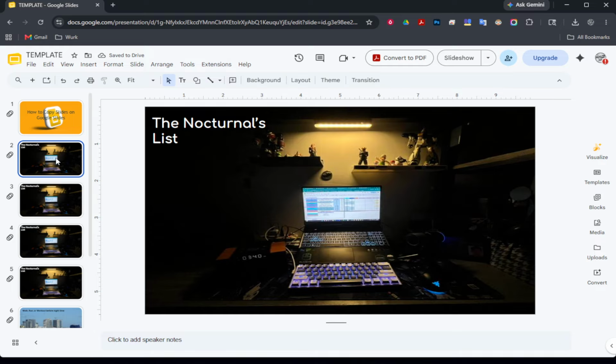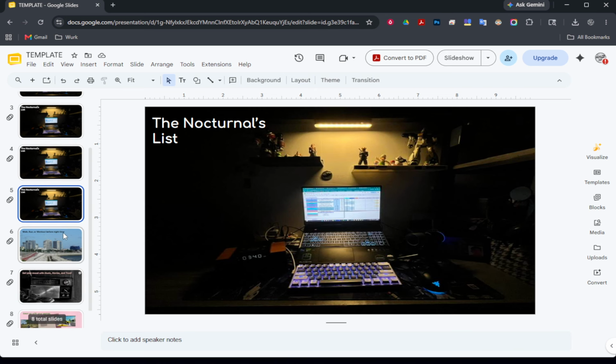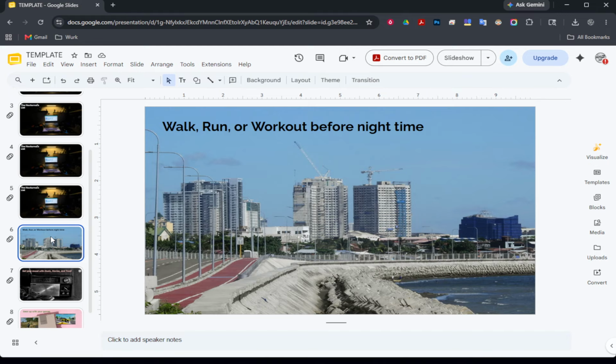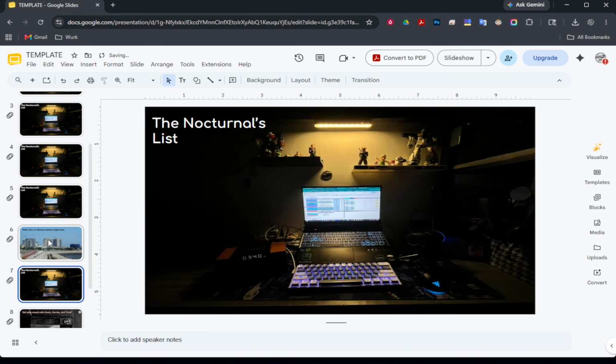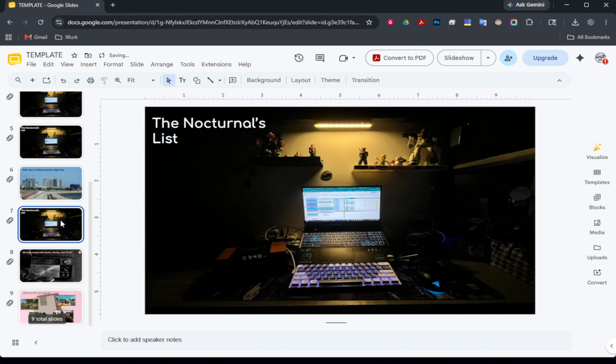Finally, use copy and paste when you want more control over where the new slide goes. Click the slide you want, press Ctrl-C to copy, click in the slide list where you want the new one to appear, and press Ctrl-V to paste. This is especially useful when you're reorganizing your deck, inserting a slide far from the original, or bringing a slide into another presentation. It keeps the content intact so you can move it exactly where it needs to be.